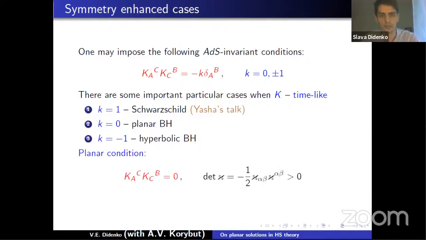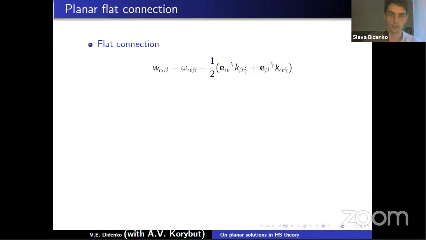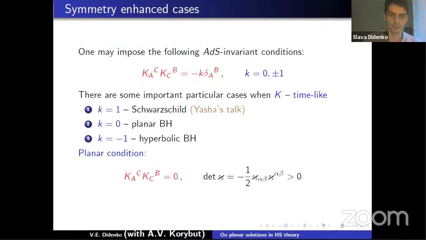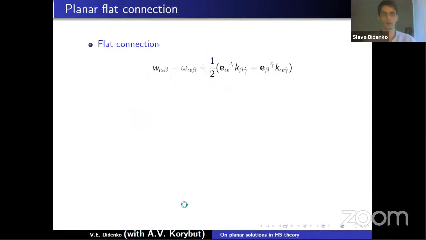So we're interested in planar conditions. So from now on, we impose it. That said that k squared is equal to 0. And we're going to explore that case in more detail. And one of the remarkable facts of that extra condition is that once you impose it, you would observe that